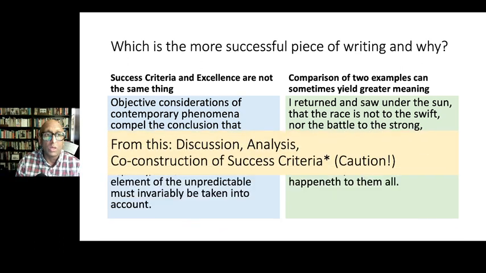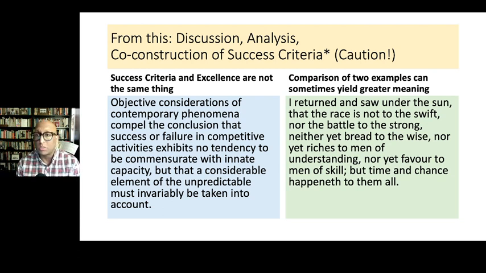What would we do with this? Well, from this, we would get students to discuss, I would get you to discuss or analyze. And perhaps we would co-construct or adapt our success criteria and add to it, let's say, clarity or repetition or simplistic language. I don't know. But I always want to put a caution on co-construction of success criteria because you have to remember that you're still the teacher facilitating an understanding of what's going on in the classroom. And what you don't want is for complete co-construction where the students pick things that are wrong. So co-construction is a skill that you're going to need to practice and play with and to make sure that